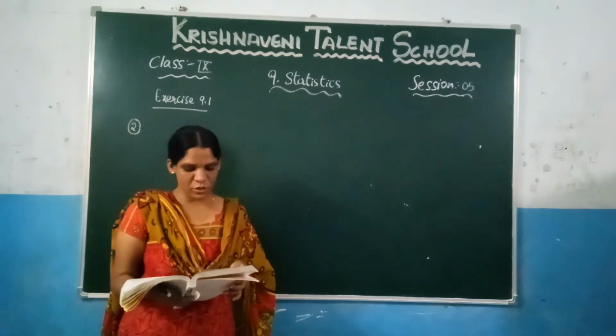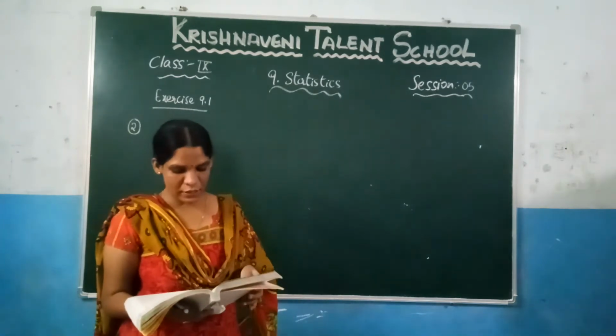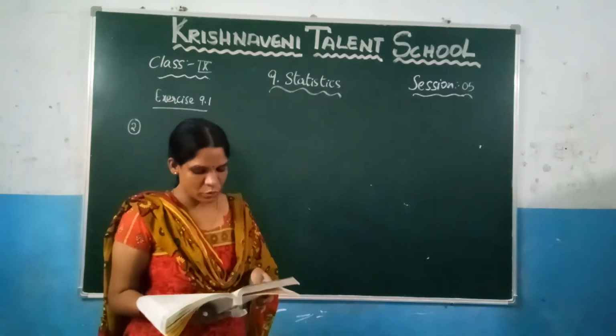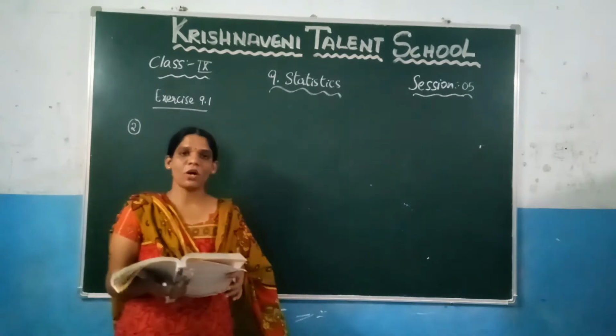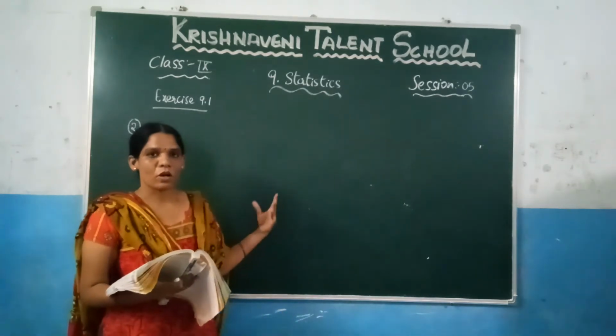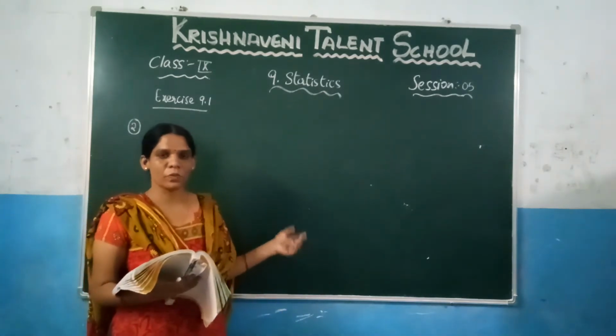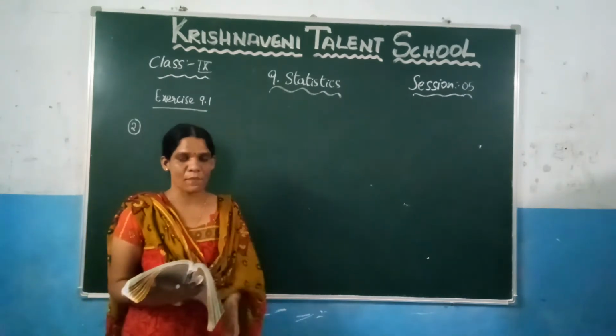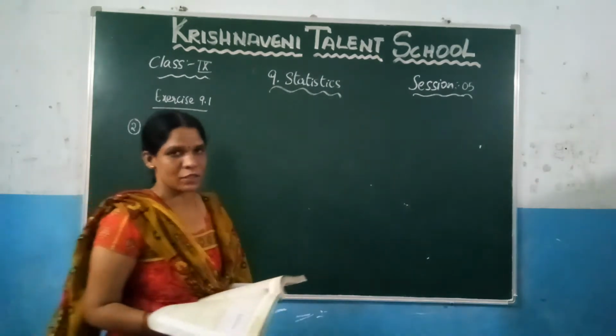So now let us draw here, and after that what they ask here is: what is the most common and what is the rarest blood group among these students. So after writing the table in a tabular form, you will come to know. This is nothing but interpreting and analyzing the data, right? So let us see here the second question.